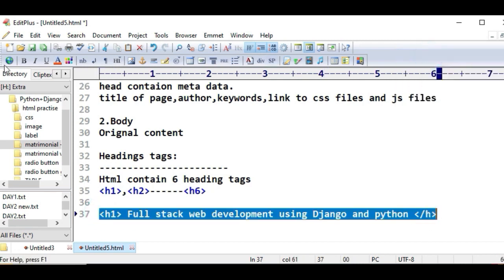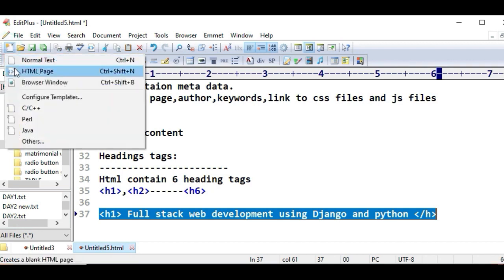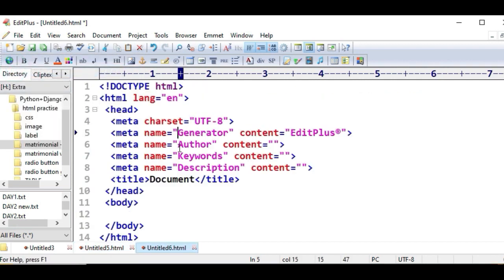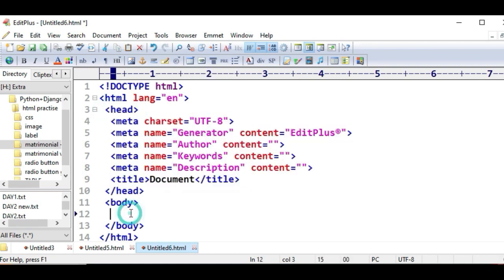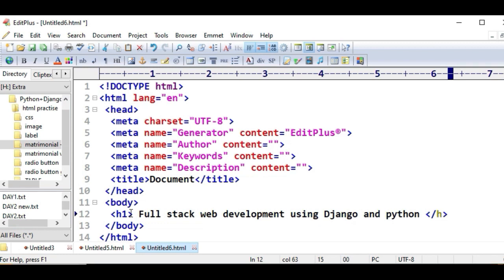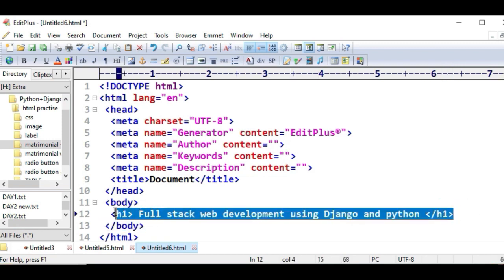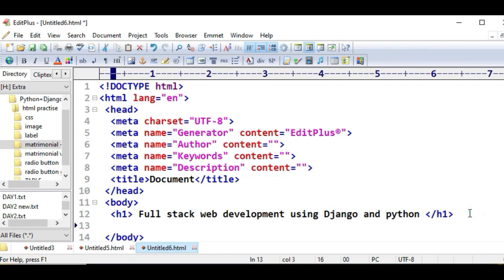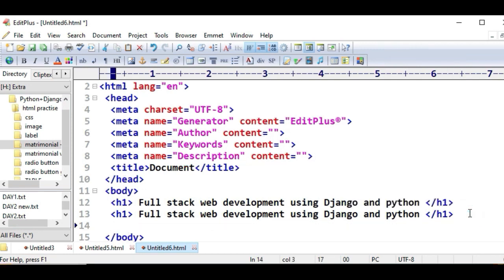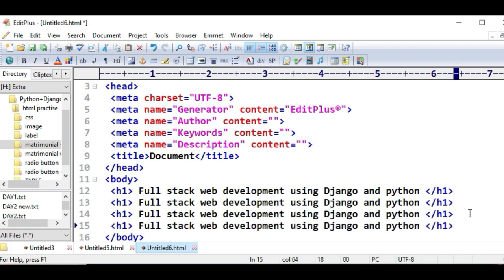Take one HTML page. You can see here this is the sample page. All the meta information is written inside the head, and the body is the execution part. We are going to execute this h1 tag here, and we will see when we use all the 6 tags.